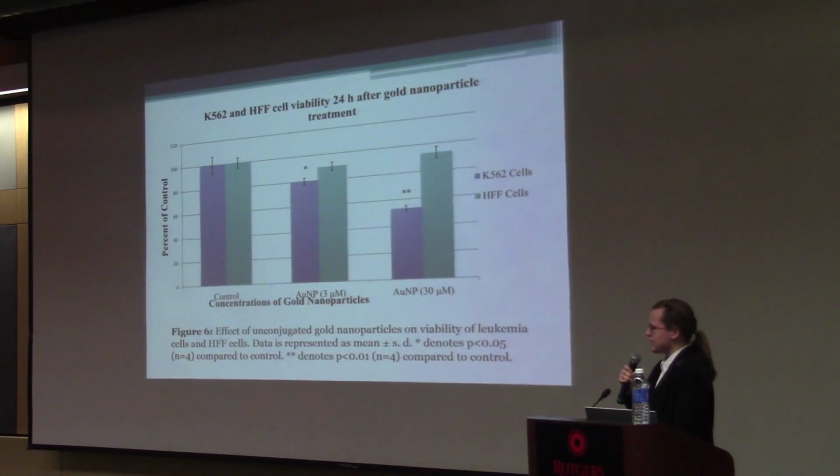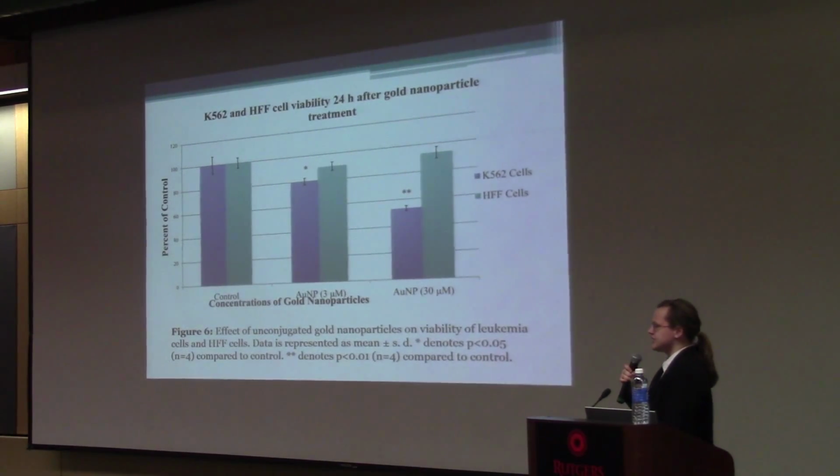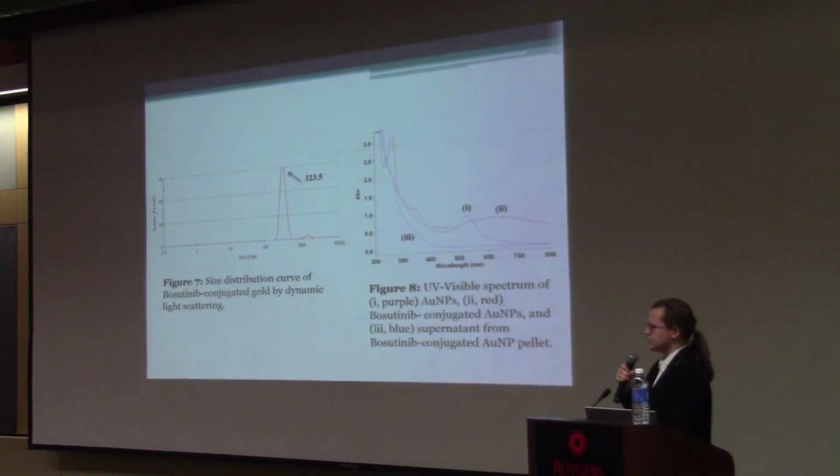I then looked at the biocompatibility of the gold nanoparticles with both cell lines. For the normal human cells, you can see that the gold nanoparticles do not cause a statistically significant decrease in cell viability. While for the chronic mild leukemia cells, you can see that the gold nanoparticles do cause a statistically significant decrease in cell viability, which may be due to the gold nanoparticles interfering in the cell proliferation mechanism in some way. I then conjugated the drug